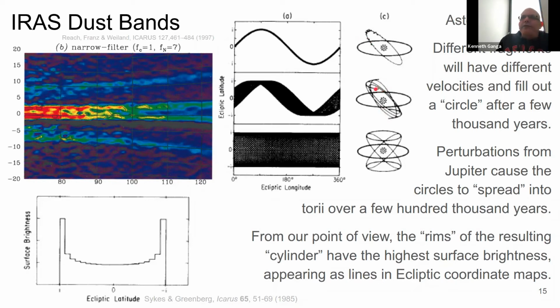And then after a few 100,000 years, every time it goes by Jupiter, it sort of changes the phase. Basically, it ends up filling out all possible orbits here. And so what you end up with is this torus. So you'll have certain amounts of dust going in this circle, and then a circle next to it. Basically, the phase changes, and it fills out. And in the end, you end up with this whole torus